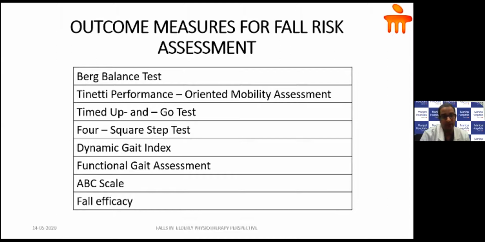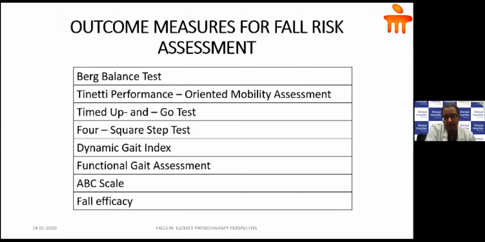And the fall efficacy scale is another tool which can be used to assess whether they have any fear in performing daily living activities. If there is a score above 70, it indicates a high risk for fall because of fear. Out of all this, I'll use the Berg balance test and Trinity performance test for assessing